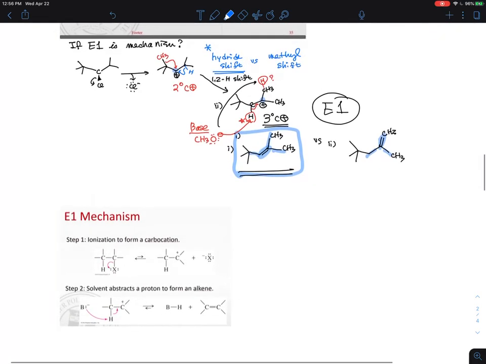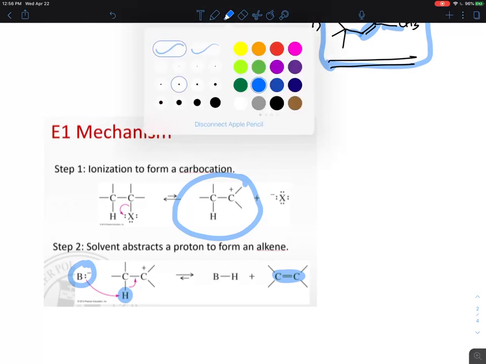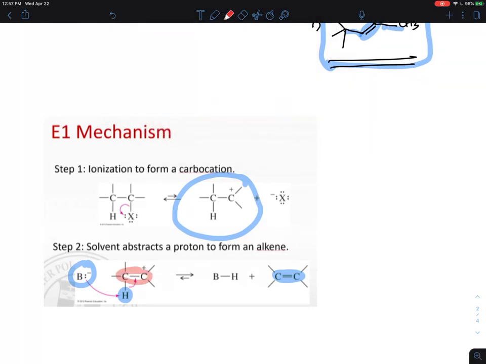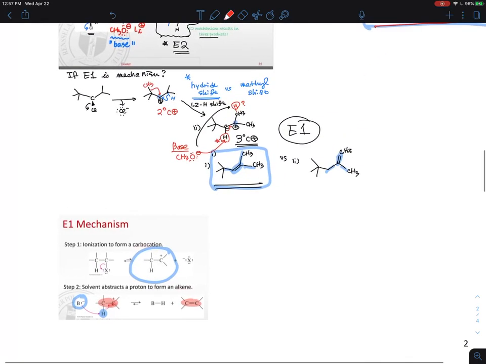Okay, so once again, the E1 mechanism is once you develop these carbocations, and then the base is trying to take the hydrogens, and as a consequence, the double bond is being formed on the other side. Okay, so this is where the double bond is being formed, and that's the one that I wanted to end my session with here. Okay, so a little bit rushed to the end, but I hope I have given